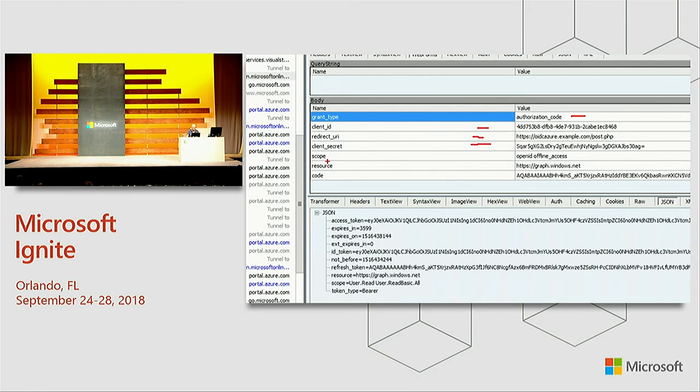And because we're dealing with the V1 endpoints, we're asking for an access token back to a resource. And there's the code. And there's the reply, there's the access token, and also down here,